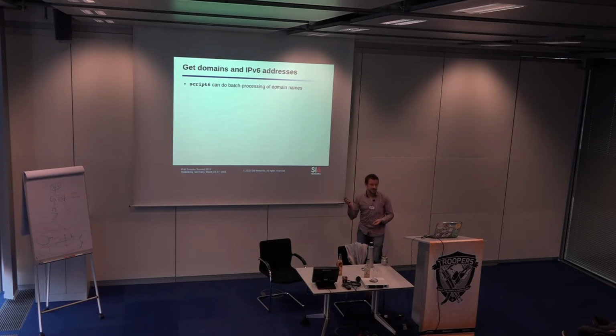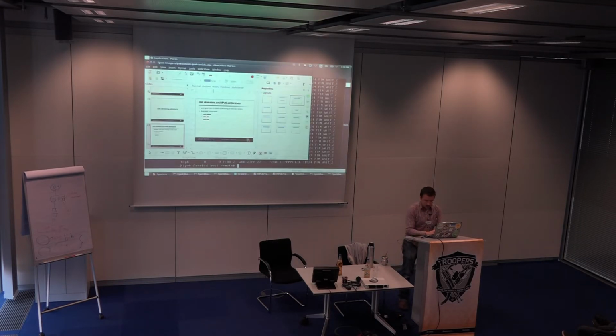So the script6 tool can do batch processing of domain names and IPv6 addresses. For example, if you have a file that has multiple domain names, by using the script6 tool, you can map those domain names to anything that you want. One simple example could be, let's say,